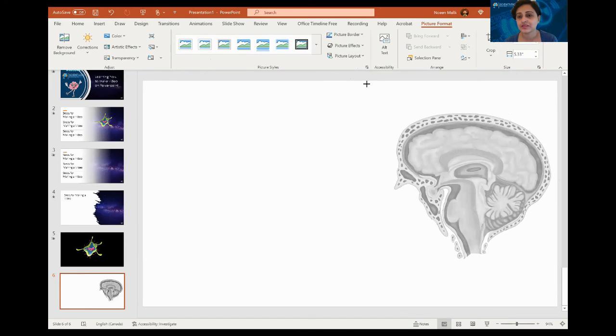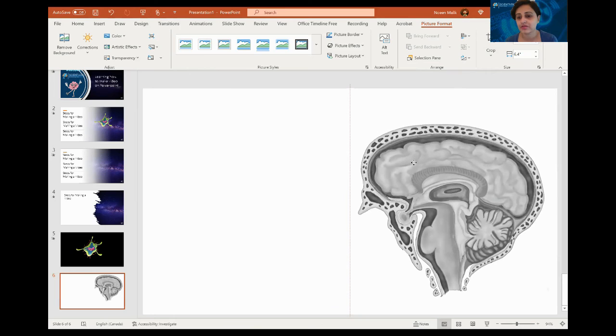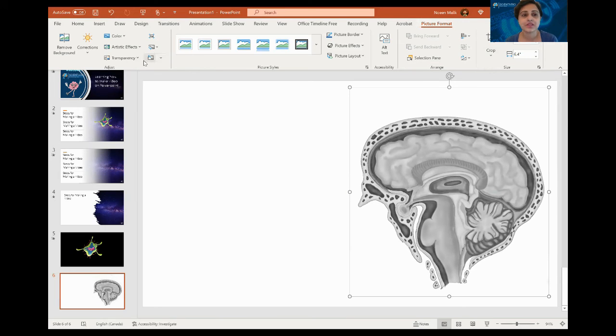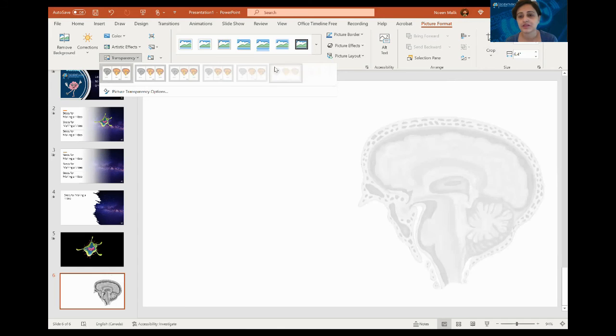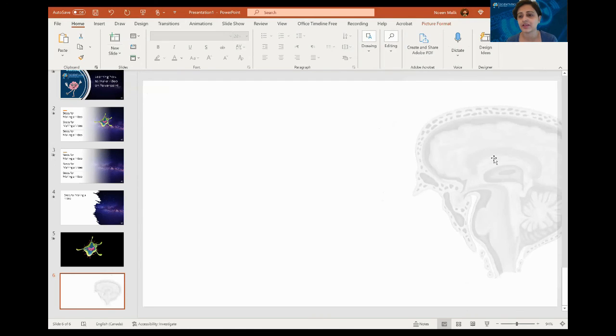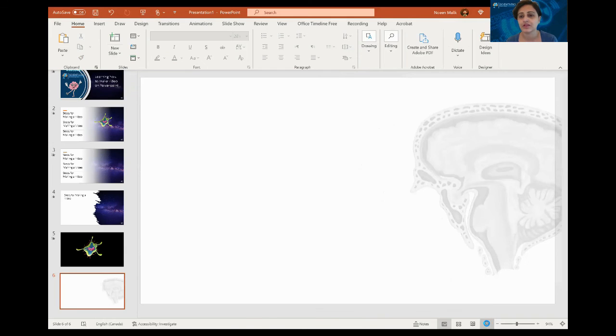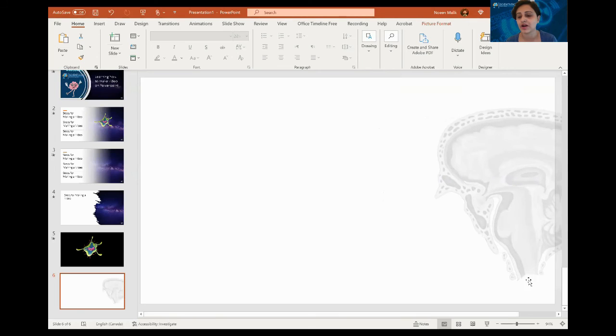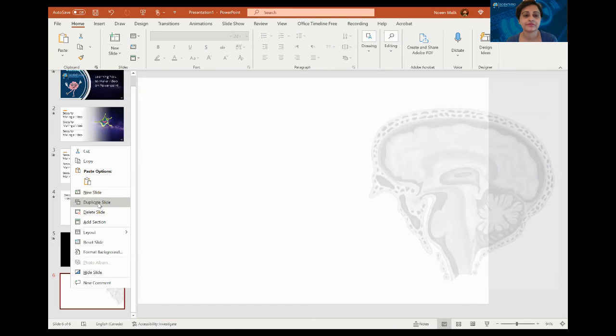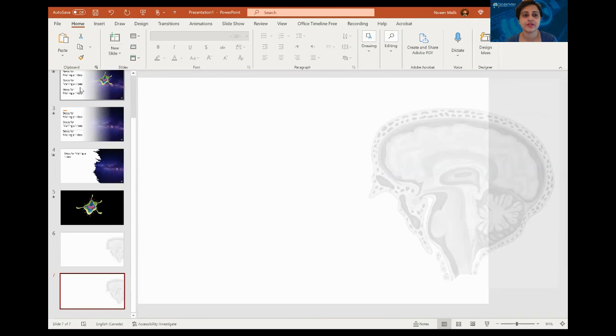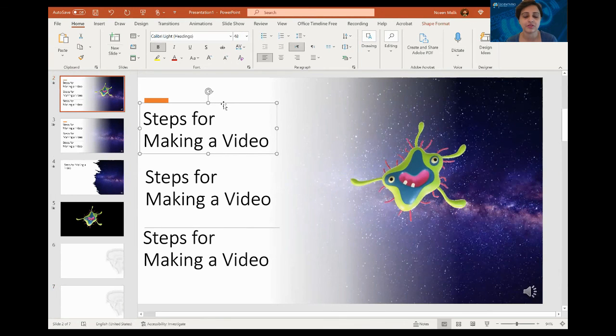So let's have this as my background on the slide, and let's make this picture transparent. You see now this much is good. So now this will stay as my background here. I can even make it like this. I can type whatever I want on my slide. I can even make it more faded on the back side. So this way it will go as a background of my slide, and all the slides which I copy will have this as a background. Then you can type any text here you want.